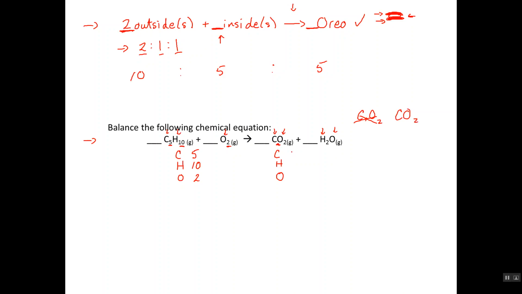So this means there is 1 carbon on the right-hand side, 2 hydrogens on the right-hand side, and there's 2 oxygens here and then 1 over here. So there's a total of 3 oxygens on the right-hand side. So this is just a current tally of how many of each kind of atom I have on each side